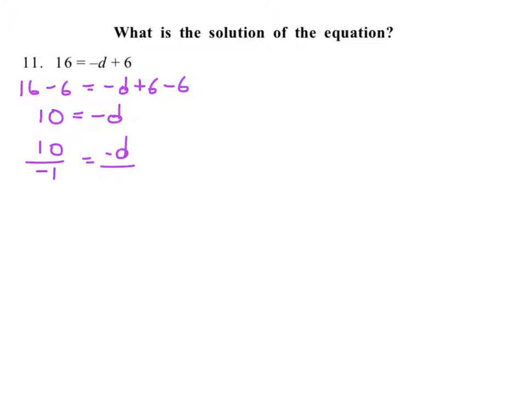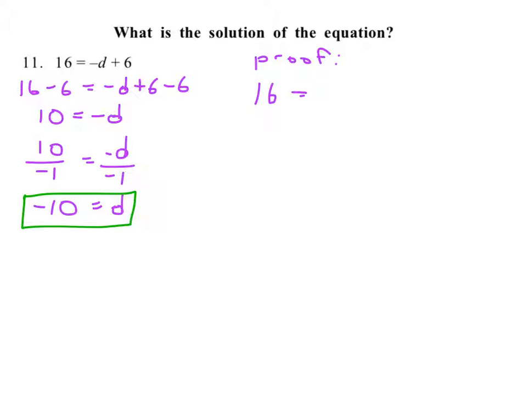Essentially what this will do is change the sign of both sides. So the 10 that was there now becomes a negative 10, and the negative d that was there becomes a d. And that is our solution, and we're going to do a proof on that. So proof, and we write the original equation, 16 equals negative d